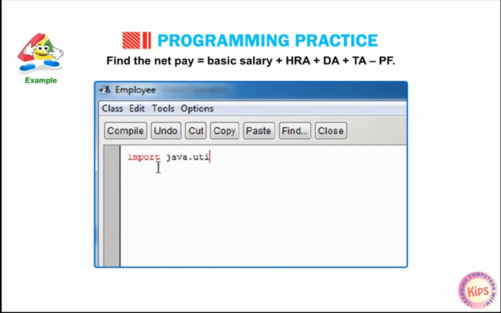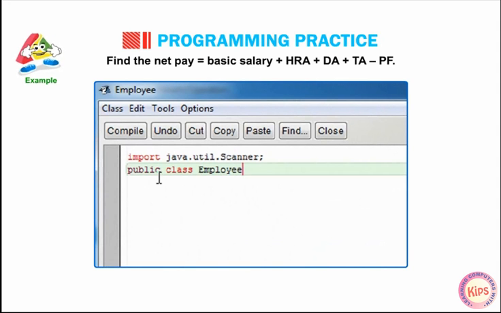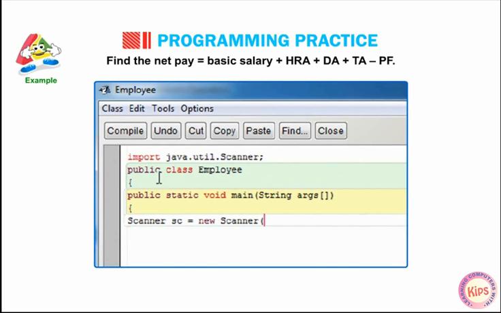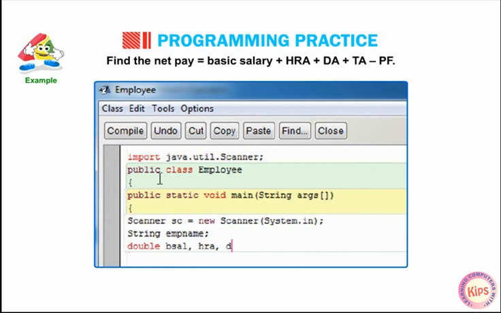Import java.util.Scanner; public class Employee { public static void main(String args[]) { Scanner sc = new Scanner(System.in); String employeename; double bsalary, HRA, DA, TA, PF, netpay;